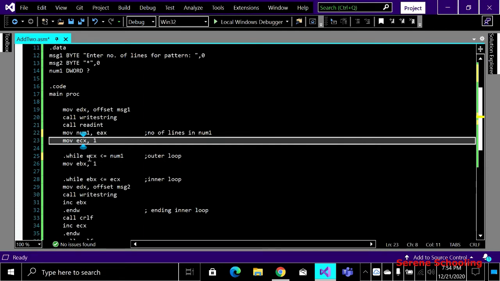As I have told earlier, this code says that the number of rows must be equal to the num1 variable, the number of lines that the user enters, which definitely gets stored in num1. So the outer loop must run that many number of times. We have seen this already. And this is controlling my outer loop.